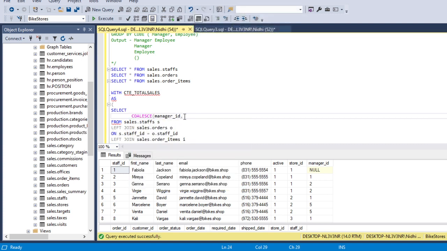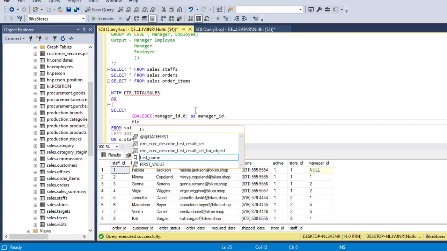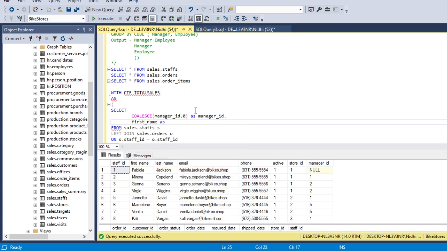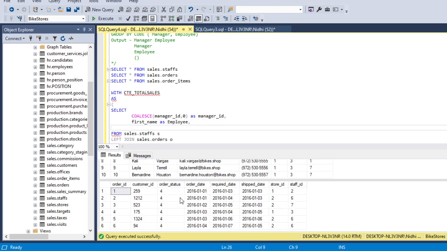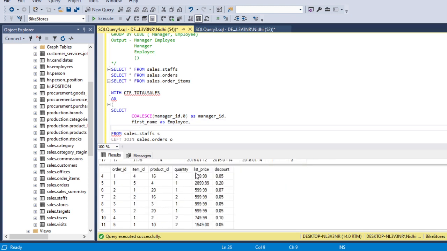So we will use coalesce on manager ID, and then replace it with 0 as manager ID. The second column will be our employee name. Basically our employee name is first name plus last name, but we will take only first name here, so first name as employee. Then the third column is total sales. We need to calculate the sales, and basically the formula for that is list price into quantity.